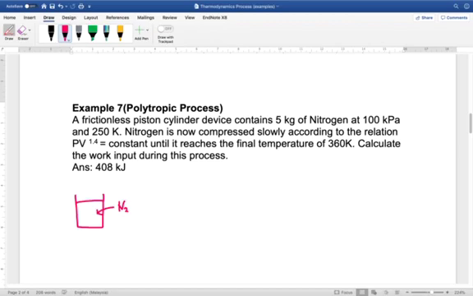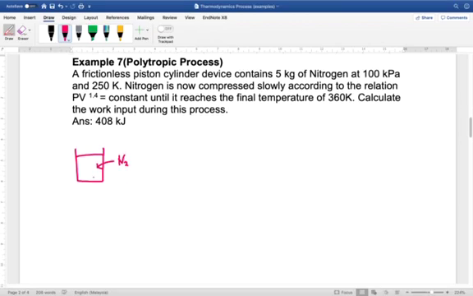Alright, so in state 1, we have pressure of 100 kPa and temperature 250 Kelvin, not kilo. Alright, nitrogen is now compressed slowly according to the relation PV to the power of 1.4